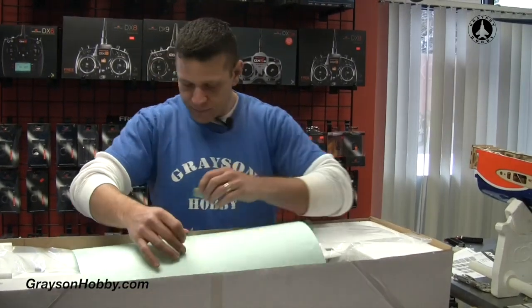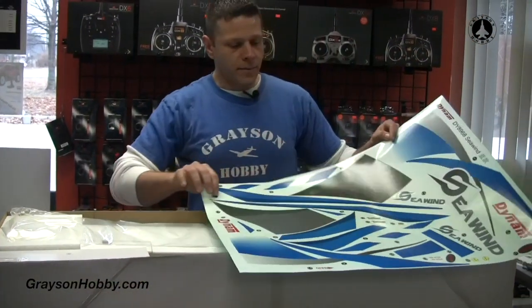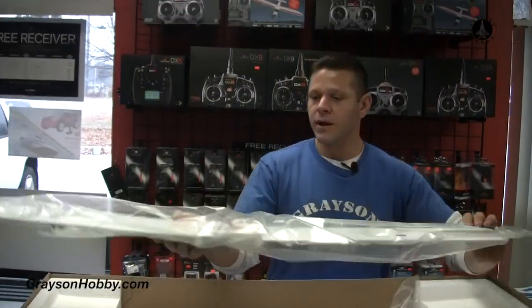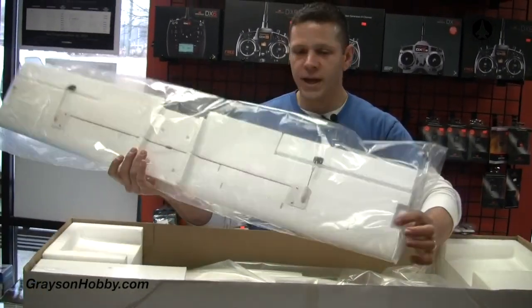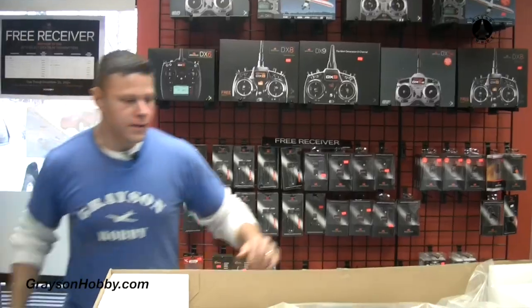Everything in the box here. So first we have our stickers. Then we have our wing, and we have our 2 aileron servos installed. We have our push rods. Everything is installed in our wing right here. Then